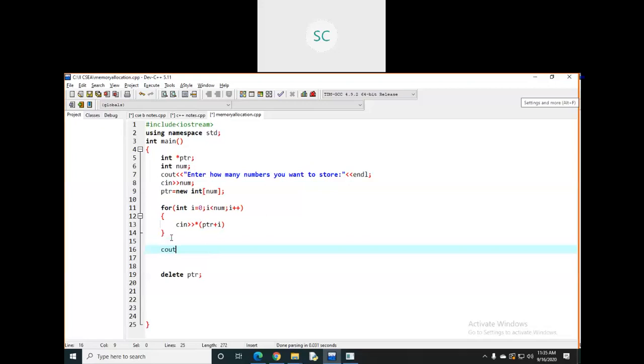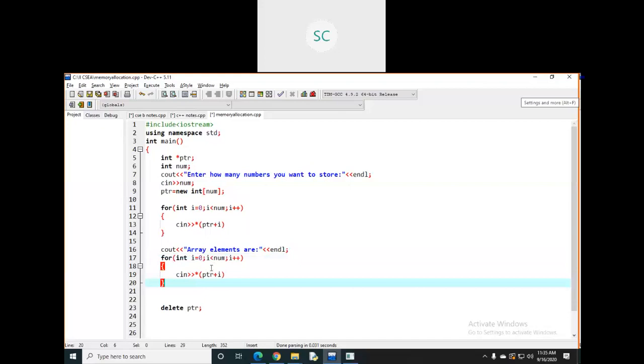Here I'm just saying the message, array elements are. There is a little bit of confusion here, but don't get confused.